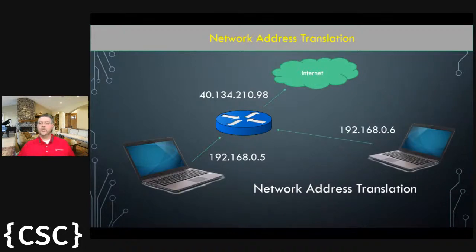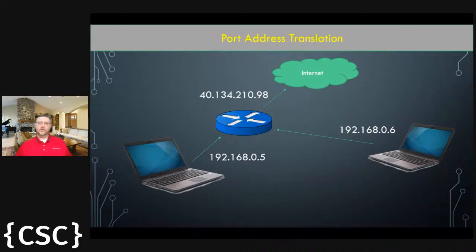So what if we have multiple devices on that network, which most of us do anyway? Well, it's still the same public IP address. So what happens then is, as this information is going out to a web server, the router is keeping track of who is making the request, basically which device is making a request. And every device opens a port